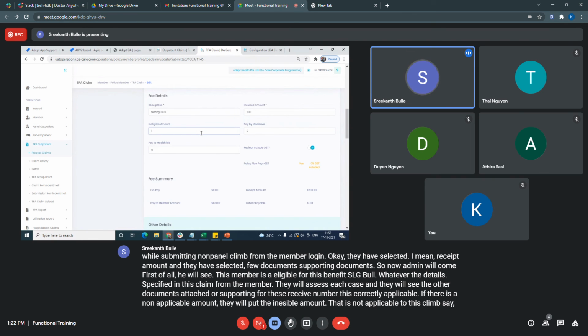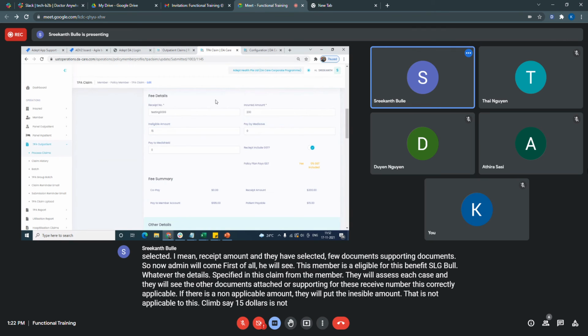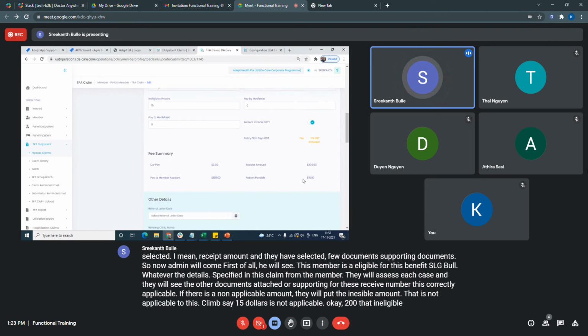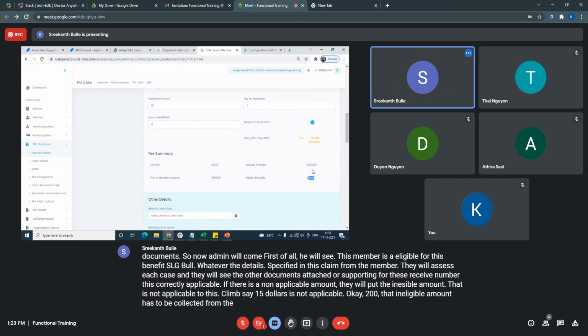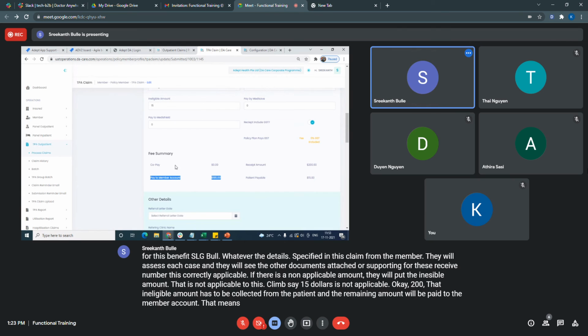Say $15 is not applicable. Okay, 200. That ineligible amount has to be collected from the patient, and the remaining amount will be paid to the member account. That means this member is eligible to claim $185 after assessing all this information related to the claim.